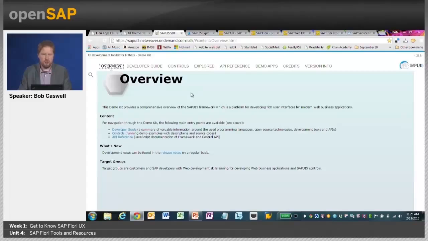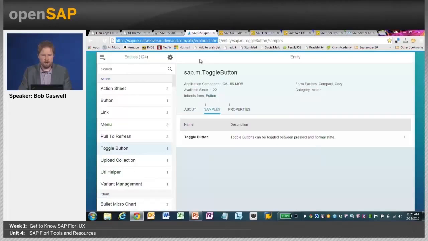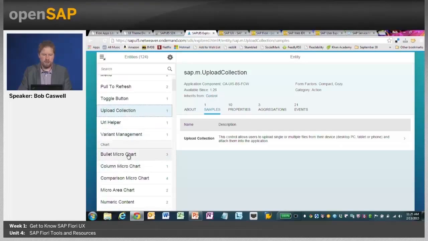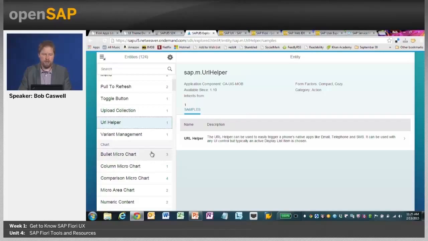So next is the UI5 Development Toolkit for HTML5, also known as SAP UI5. This is where you can see all of the resources available associated with this optimized version of HTML5 that you leverage to build your apps. There's a section here called Explored, and if you click on that, you'll come to a page that has all of the different buttons or menu bars and layouts that make up Fiori apps, because Fiori is based on SAP UI5, which you'll be learning